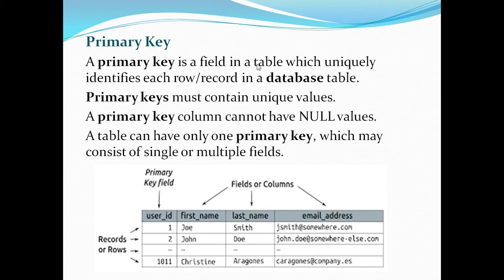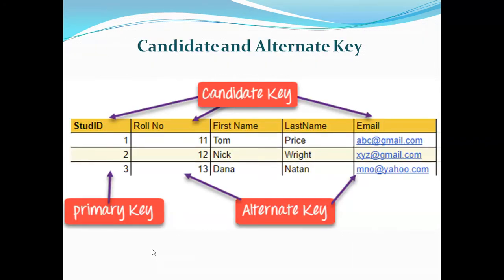Now, why are we using primary key? What is the need of it? Because first thing, it will reduce the duplicacy. It will reduce the redundancy. Second thing, we can use this primary key to make relationship with the other tables. Fine. Now see, along with primary keys, we have multiple other keys such as candidate key and alternate key.